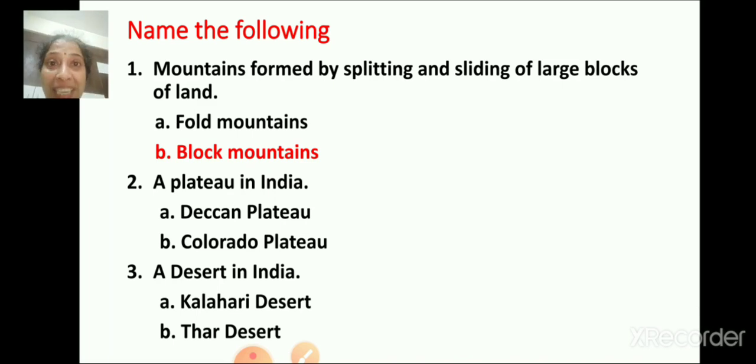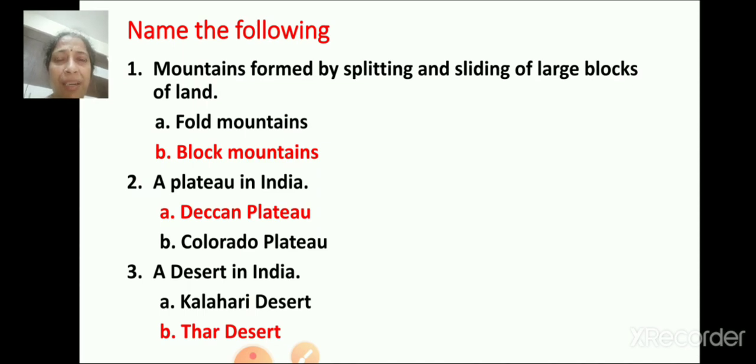A plateau in India? Yes, Deccan Plateau. A desert in India? Yes, Thar Desert. Children, the remaining part of this lesson will be continued in the next class.